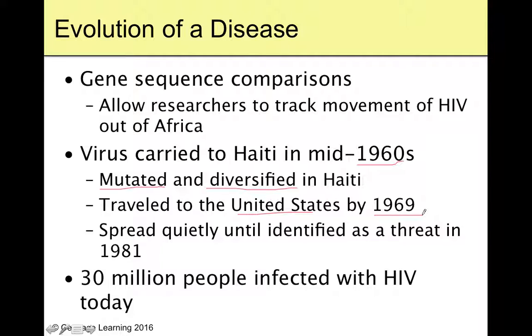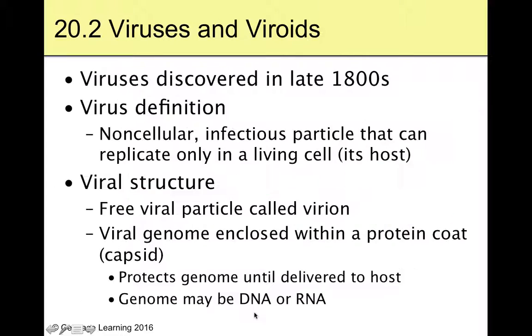And really from that little jump from the 60s to now, we're about 30 million people who are infected with HIV today, and because it's a virus and not a bacterium, there's not a cure for it. There's not an antibiotic for it. Once you've got it, it's for life. And you're going to die from AIDS. You're going to die from a disease that you should have been able to kick, but you can't because you're immunocompromised. And that might be 20 years from the time you catch it. It might be 45, 50 years from the time you catch it, but that's a guaranteed deal. There's no cure for that thing. That's going to be the end of you. So do your best not to get that.